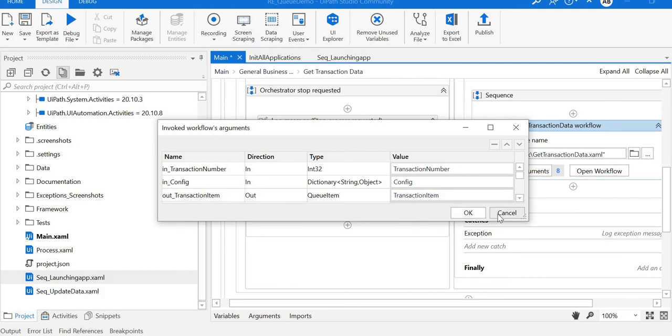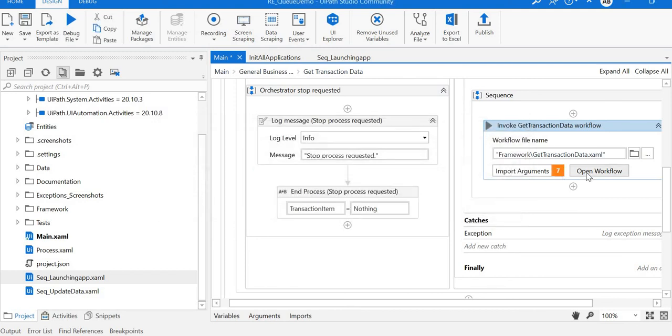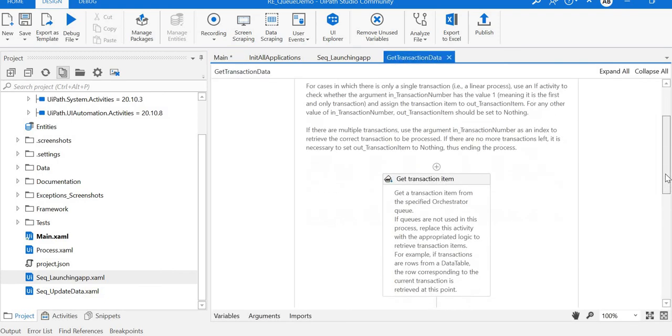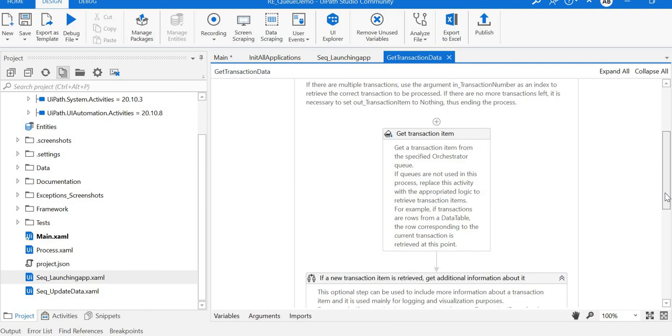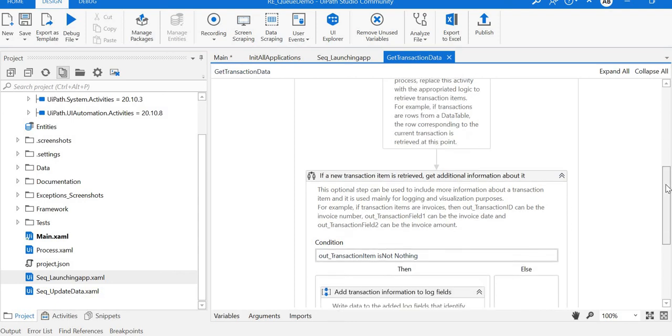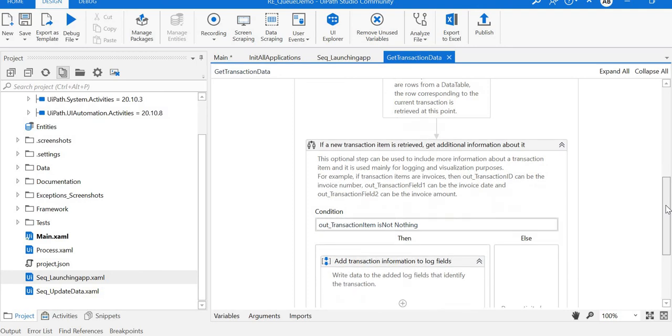You can utilize it. Inside, the Get Transaction Item says that if you are not using the queue, then we have to place our own logic. Otherwise, it will work with the Orchestrator queue perfectly, no issues.